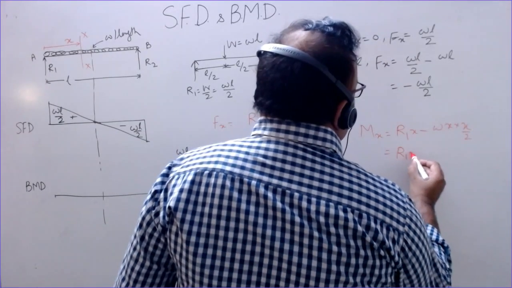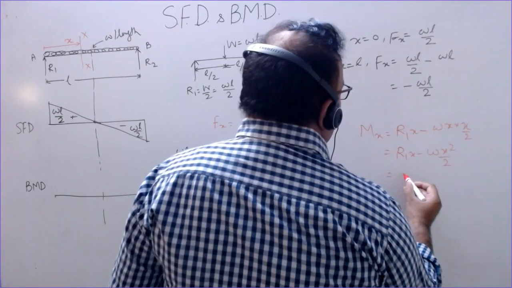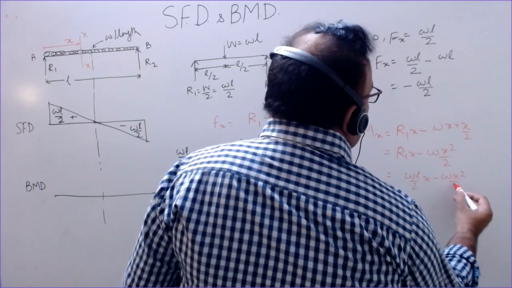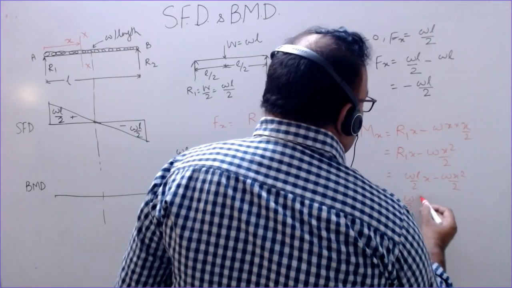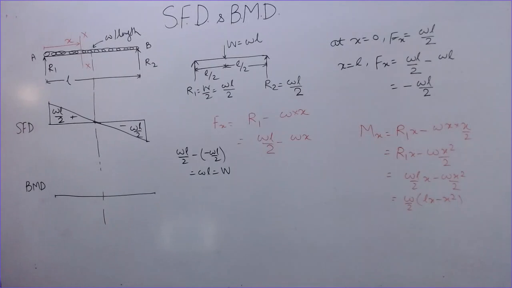R1x minus w x square by 2. So R1 is wL by 2. So this is w by 2 into (Lx minus x square), because the moment of this load about this section will be negative and this one is having positive moment. So you can see that this is the equation of a parabola. The nature of this is x square equal to minus k into y. So you can find the values